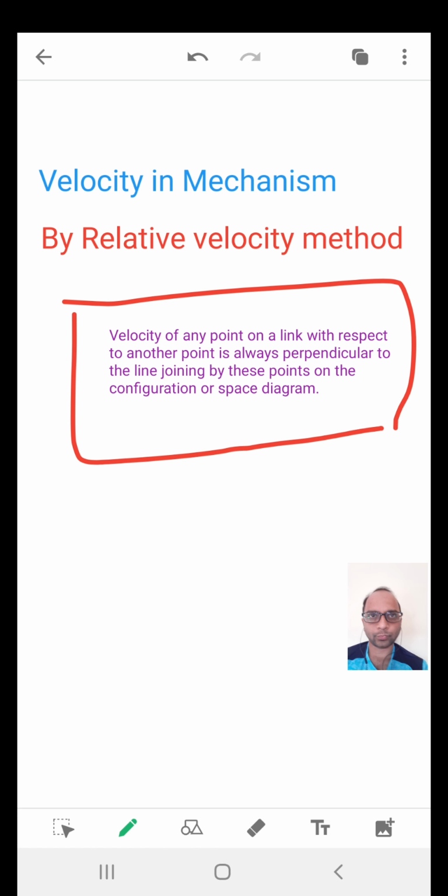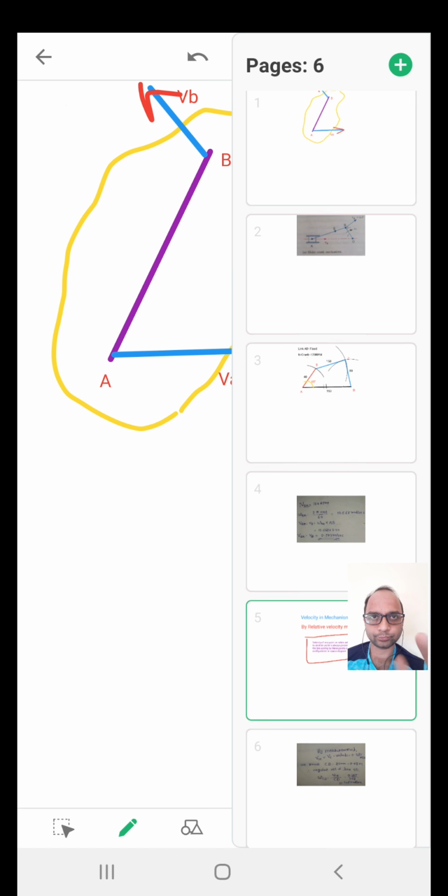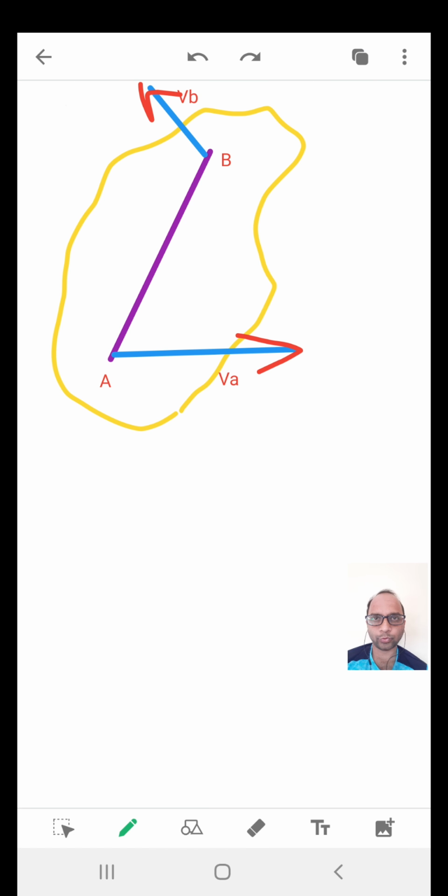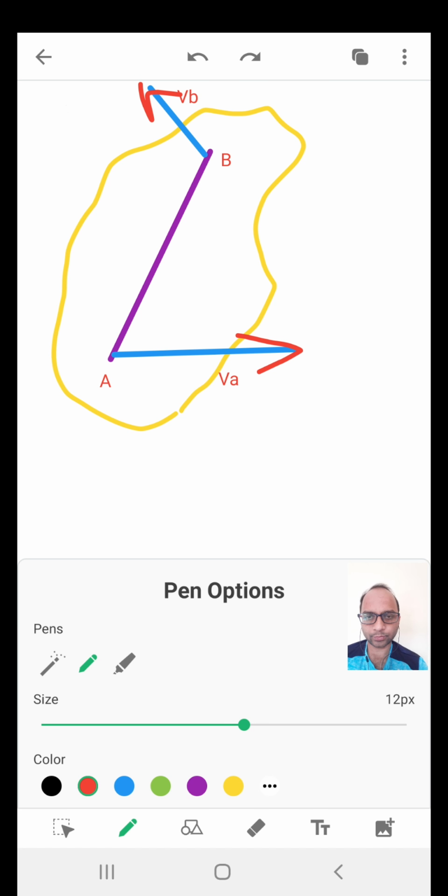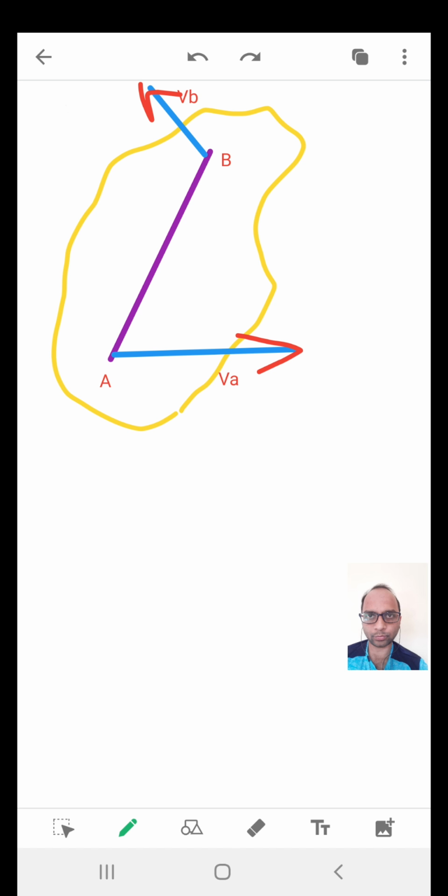Suppose this is a rigid link. The link is AB, a rigid link, and it is free to move clockwise or anti-clockwise. Okay, so in this diagram, in this link,